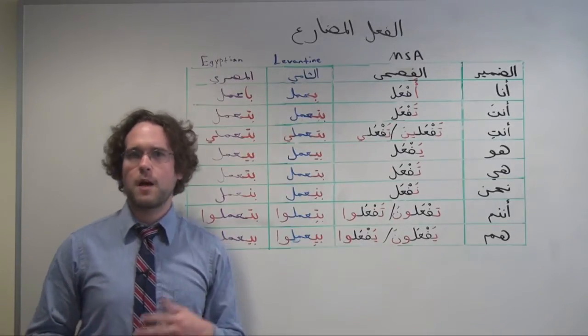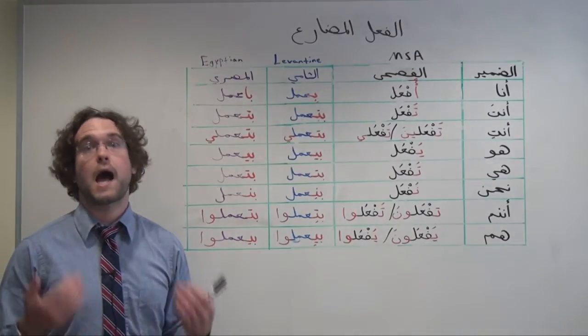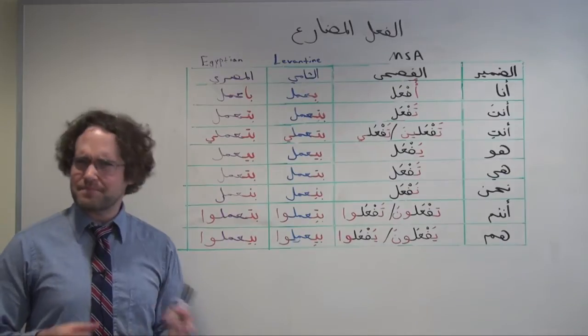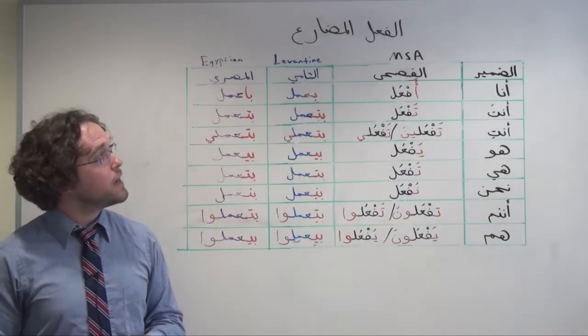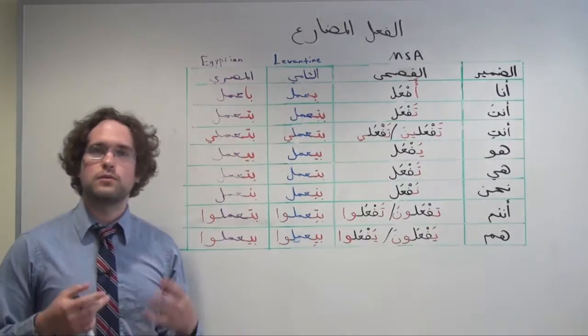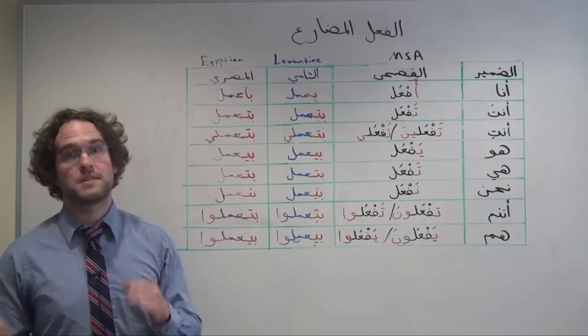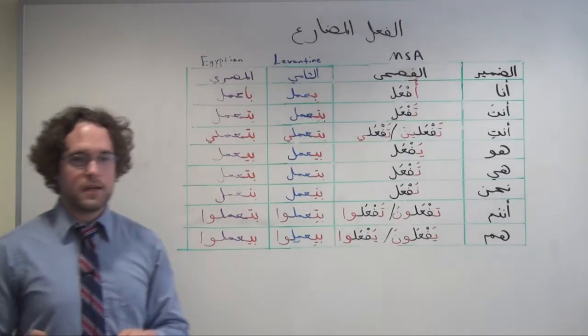In English, we have a couple of ways of expressing present tense ideas. I can say, for example, I study, or I can say I am studying, and they both carry slightly different meanings sometimes in English. In Arabic, al-fi'l al-mudari' is used to express both of those ideas, the simple present and the present continuous. I study and I am studying. We can do both of these.